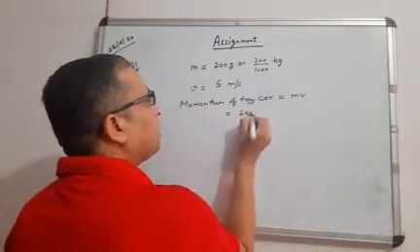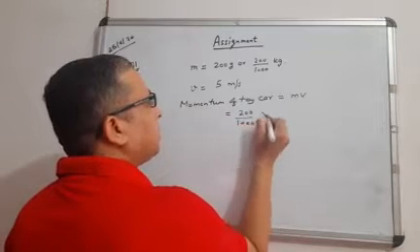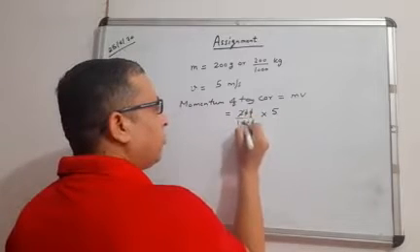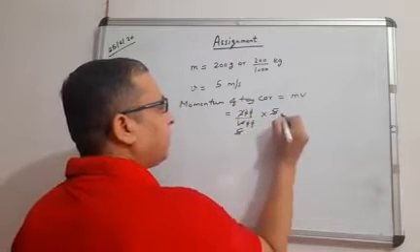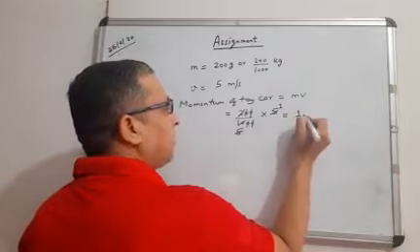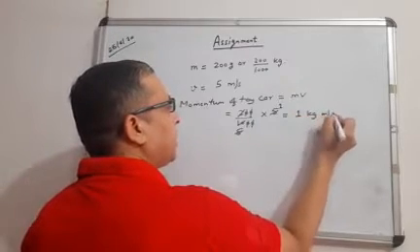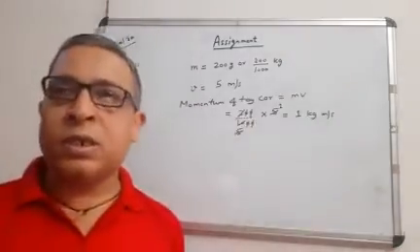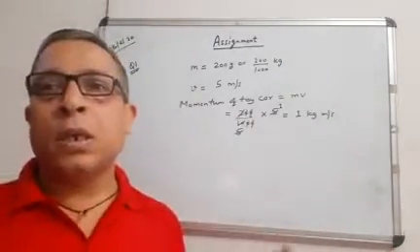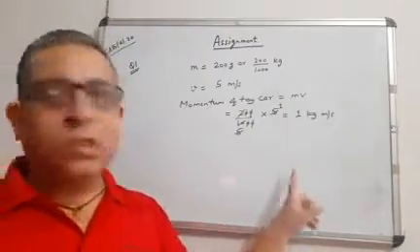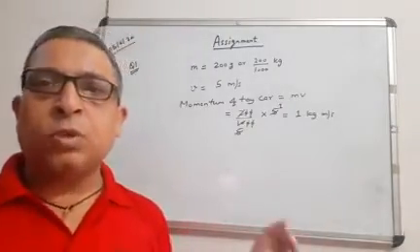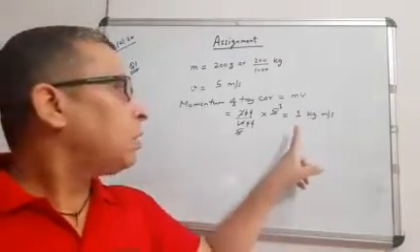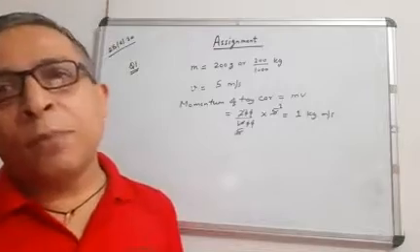I am putting the values here. 200 by 1000 multiplied by 5, zeros will be cancelled out. 2 5s are 10 and 5 1s are 5. This will give you 1 kilogram meter per second. Always remember, in physics you have to write the units. Units are an important part while solving any numerical problem. So always remember, putting the unit will give you a complete answer.